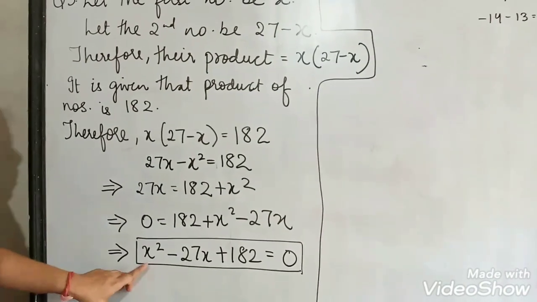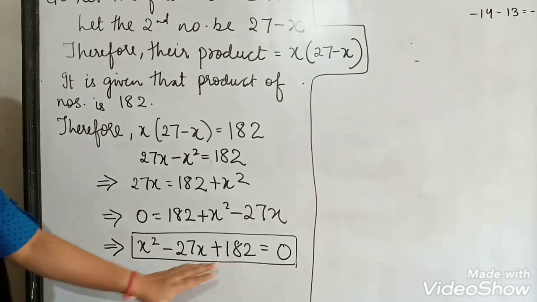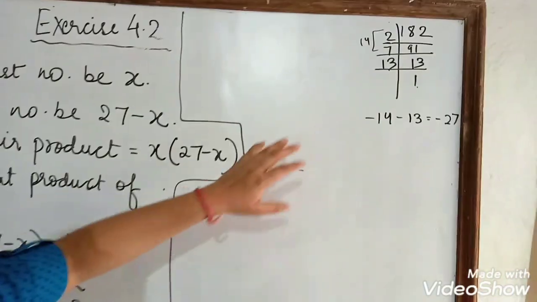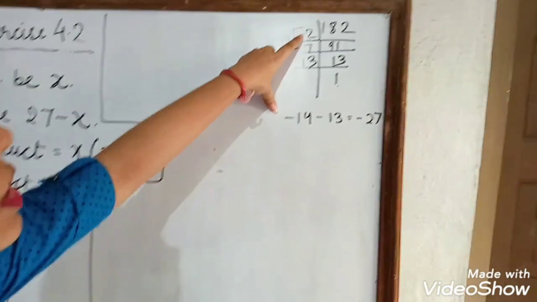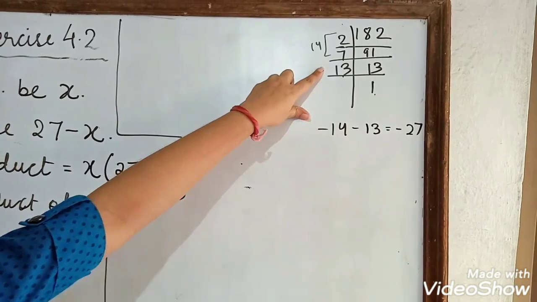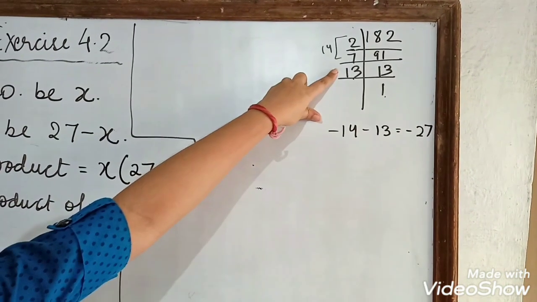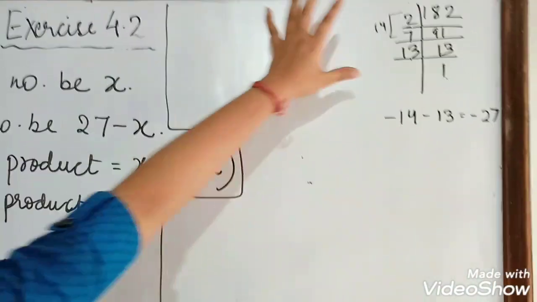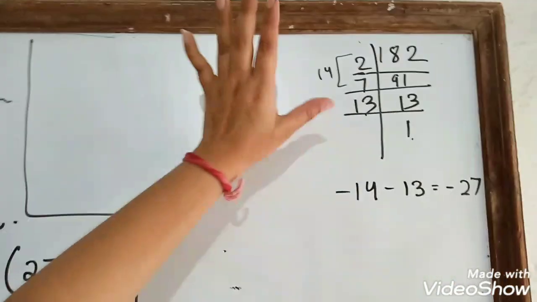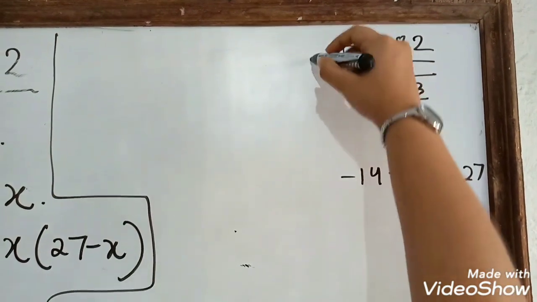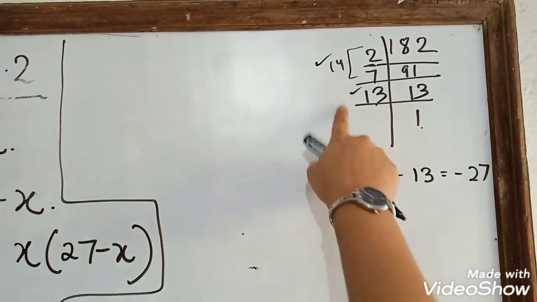Children, the coefficient of x squared is 1. So we have to find the factors of 182. Over here, the factorization of 182 goes like this. 2 91s are 182, 7 13s are 91, and 13 being a prime number, it will go with the number itself. 13 ones are 13. Now the middle term is minus 27. So we have to arrange these factors in such a manner that either in addition or in subtraction we get minus 27. So I have taken 2 into 7 together, and this 13 itself.